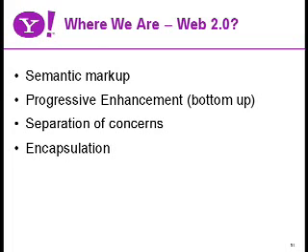Semantic markup, I'm sure a lot of you have heard this term. Progressive enhancement. This is sort of the opposite of graceful degradation, right? Graceful degradation says, oh, now I'm about to release this thing. What happens when they don't have JavaScript? What kind of a fallback do we put in place? What happens if they don't have CSS? What do we do? That's kind of a top-down model, whereas progressive enhancement really says start from the bottom, the foundation, HTML, make it clean and presentation and behavior free, and build up from there with those other layers,